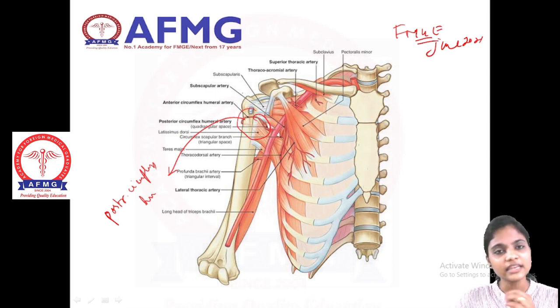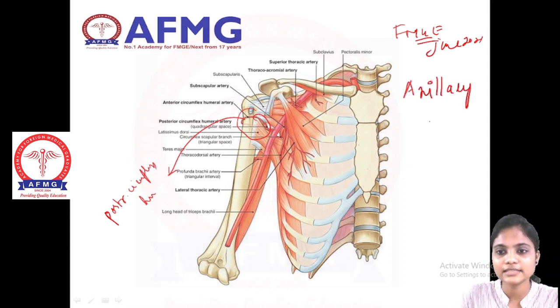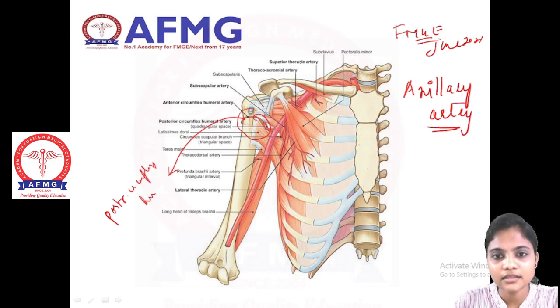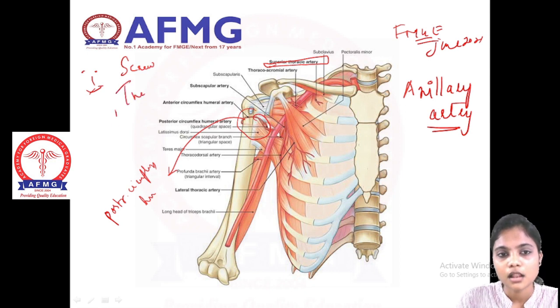They can ask you in any way. They can ask you in a true or false type. They can ask you an exception type. They can ask you to just mark the artery. So this is the axillary artery. These are all branches of the axillary artery. So you can see the first branch, that is your superior thoracic artery. First I'll let you know the mnemonic to remember here. That is your screw the lawyer,